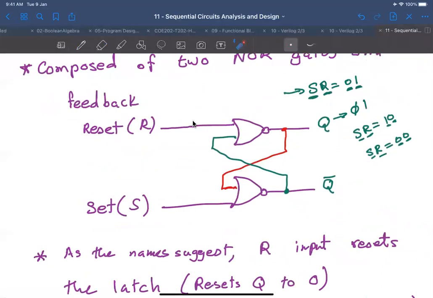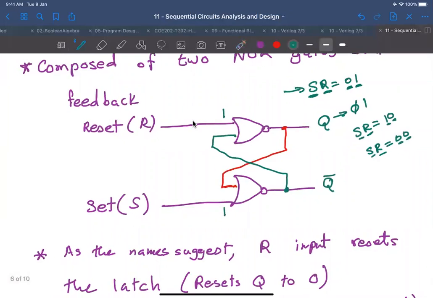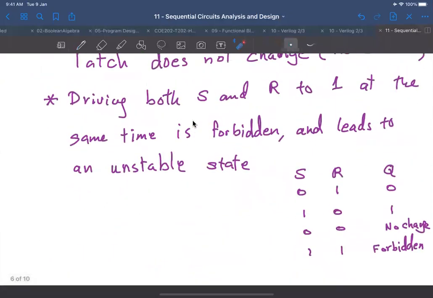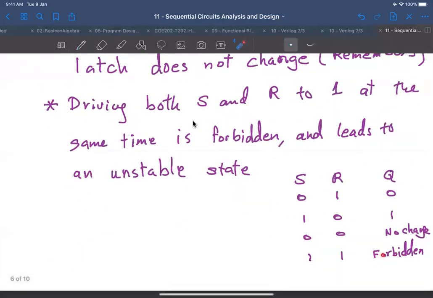If this is a 1 and this is a 1, then no matter what this input is, the output here is going to be a 0, and no matter what this input is, the output here is going to be a 0. So you're saying that Q is 0 and Q complement is 0. Is this possible? No. It's a contradiction. For this reason, this is not allowed. This is a forbidden